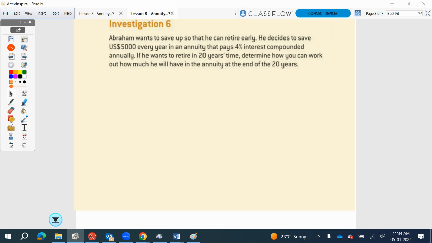Now, the question is worded badly. This question is not good enough for an exam question because it doesn't say when in the year he puts the money in. Does he put it in at the start of the year or at the end of the year? Does it say? No. So let's say he puts in 20 payments. We could agree on that. He either puts the 20 payments in at the start of every year or at the end of every year. Let's start off by considering that he would put each payment